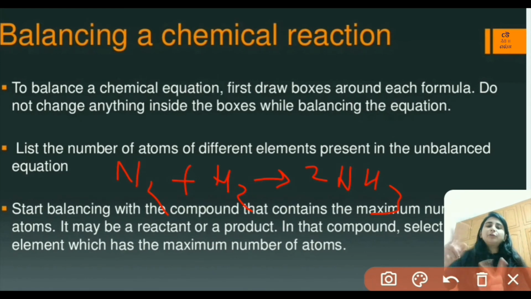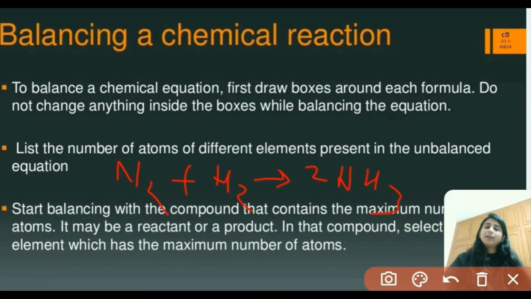So again we have to multiply things. We'll say that the number of nitrogen atoms on the product side would be 2, which is again equal to the number of nitrogen atoms which were there on the reactant side. Talking about hydrogen, 2 multiplied by 3 gives a value of 6. So this shows that on the product side we have 6 hydrogen atoms, but on the reactant side we just